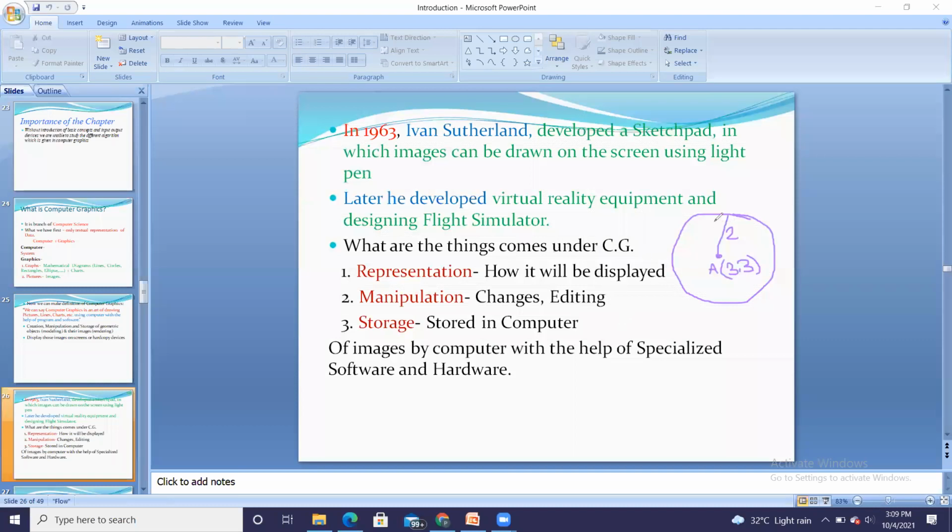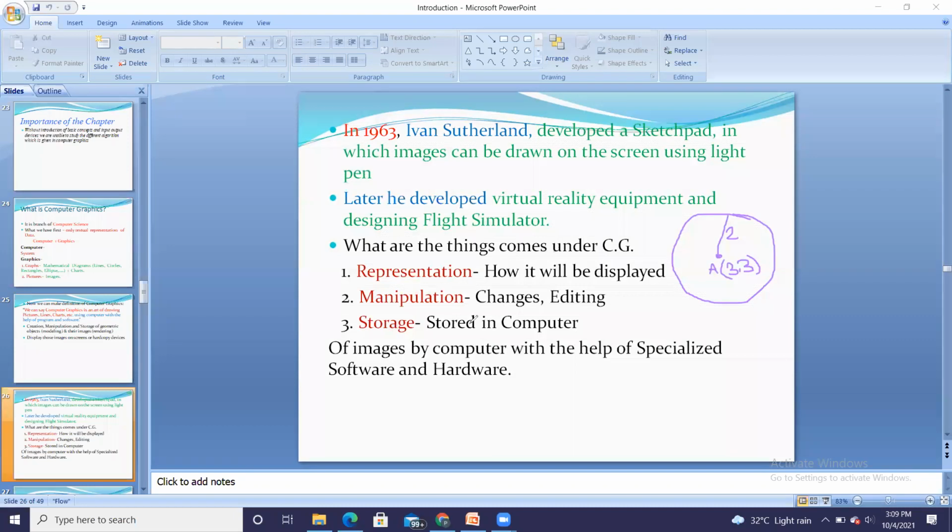Similarly, once this object is with me, the next part is I can store the object onto the hard disk. Now it is available on the screen, so I have to store it into the hard disk. That is nothing but the storage part. So in CG, we are going to represent, manipulate that object, and store it at the end.